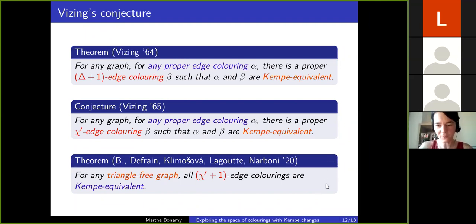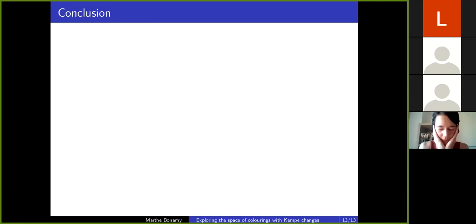So yeah, the proof of this is simple, and it's frustrating to see how little we understand about edge colorings in this setting. Because Vizing's theorem is very simple, and this conjecture, where you should be able to always reach some optimum coloring, it's not clear how you can do it, and it's frustrating that we only know it so far for triangle-free graphs and graphs with max degree at most four. So, just as a quick conclusion,